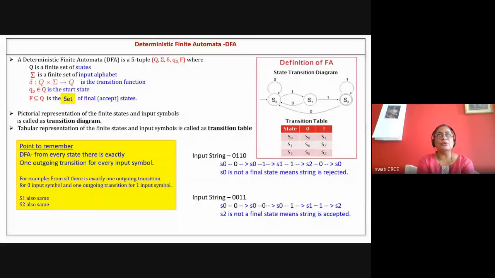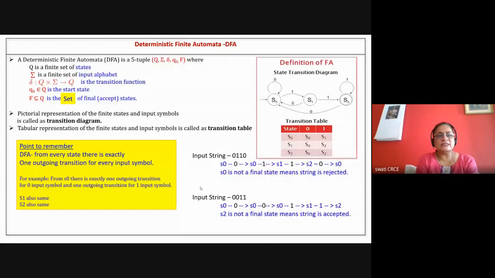So here what you do is that you solve the assignment, then you scan it and upload it onto the classroom. In case of any doubts you can ask me on WhatsApp, or you can email. Okay, so we'll start with the remaining problems of DFA, some practice problems for DFA.